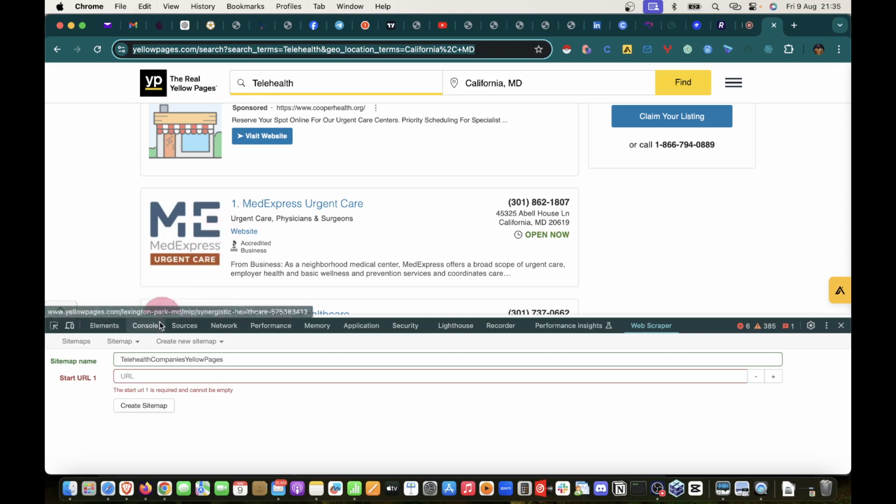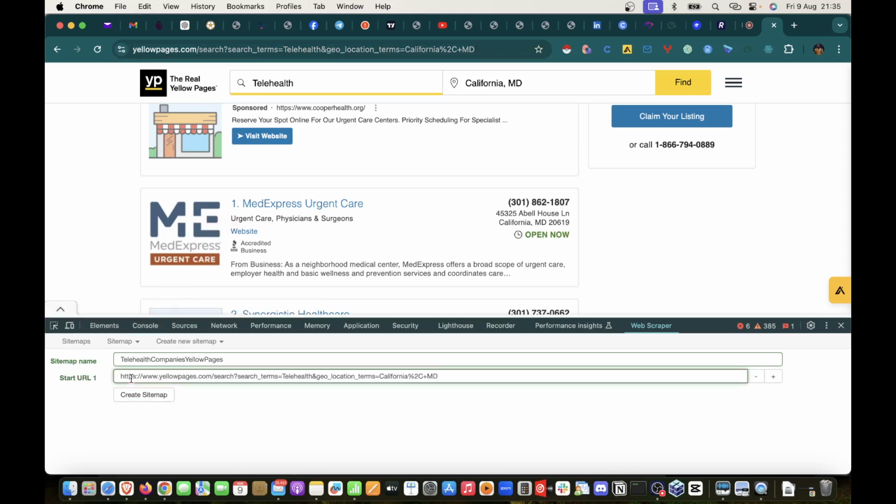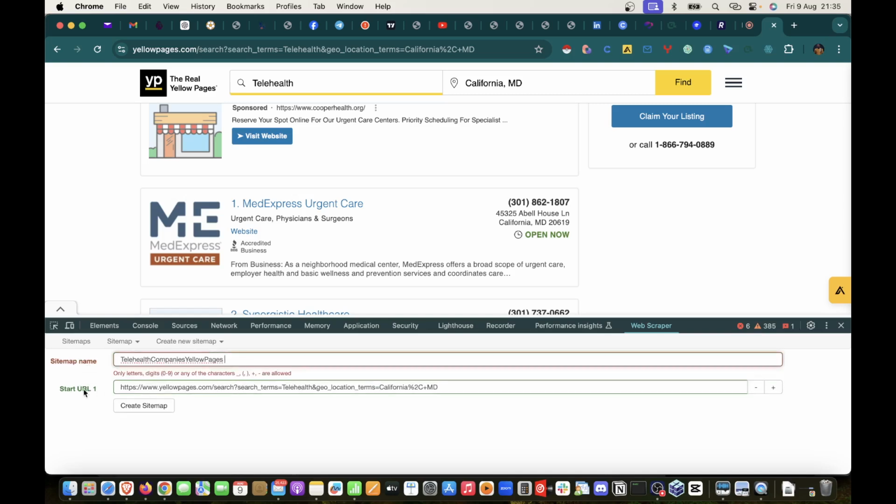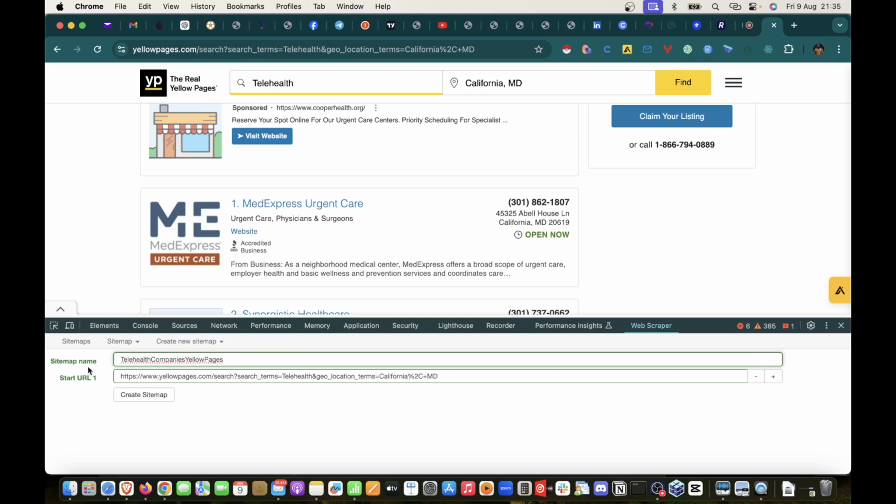Copy it and paste it under this site URL. Once you have done that, you see that 2 of them are highlighted green. If there is any error, it will highlight it. Let me put a space, and you will see that it's highlighted in red. So make sure that both of them are highlighted green before you click on